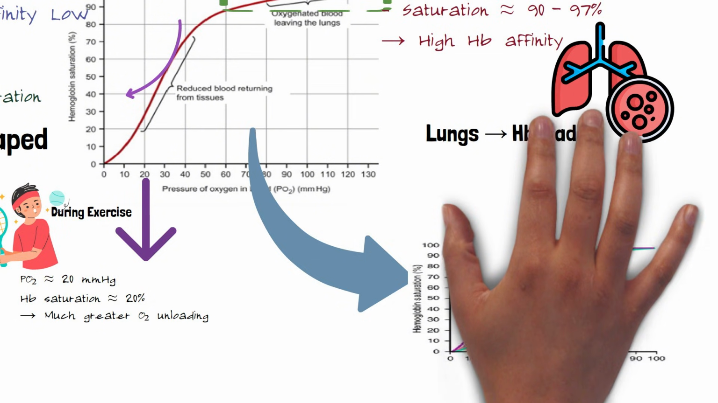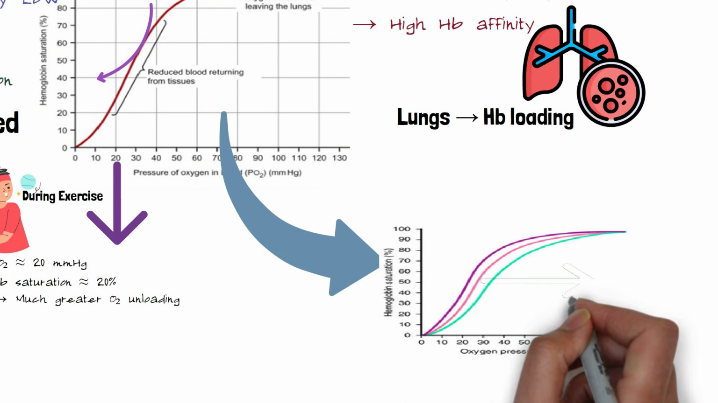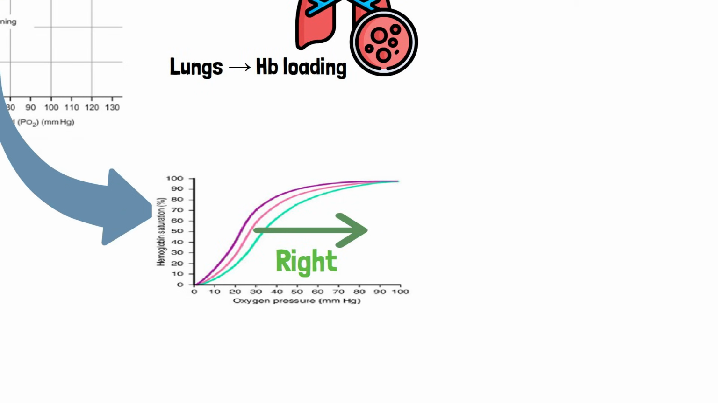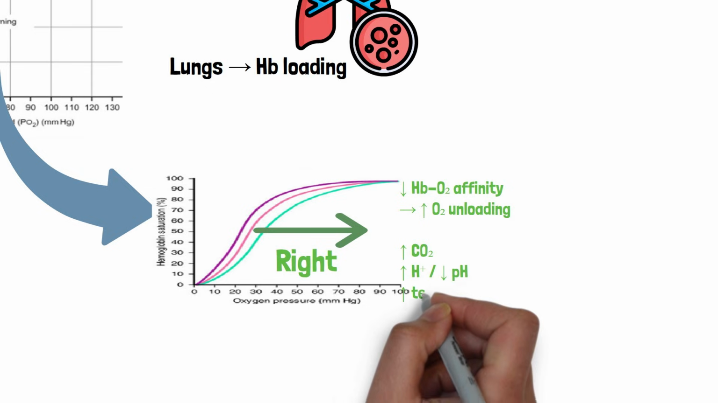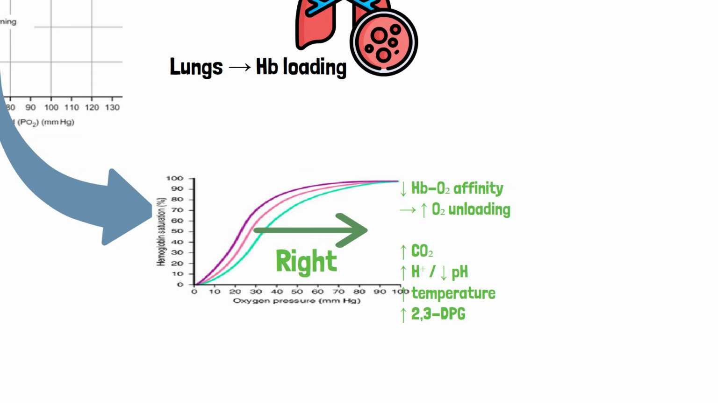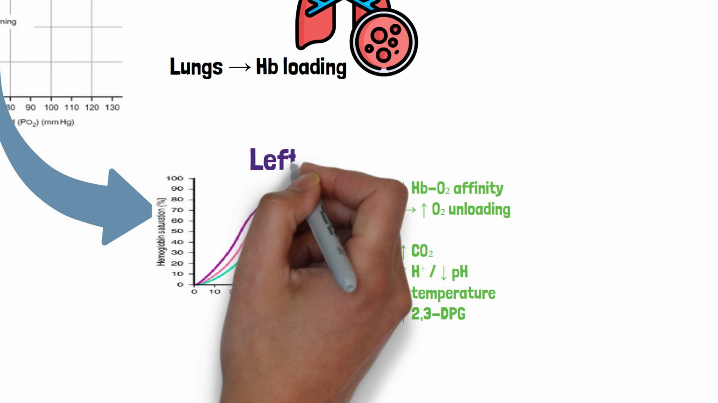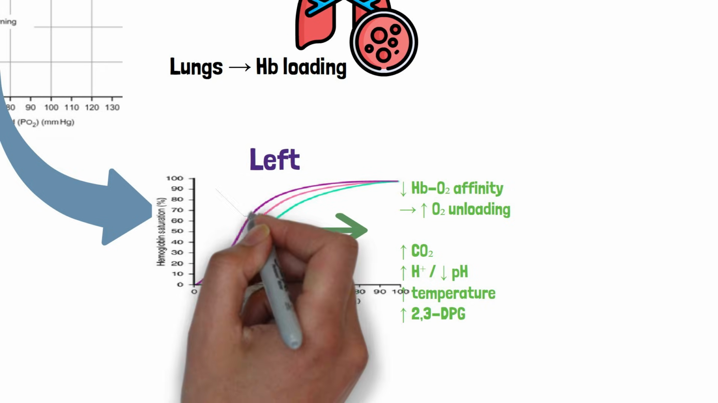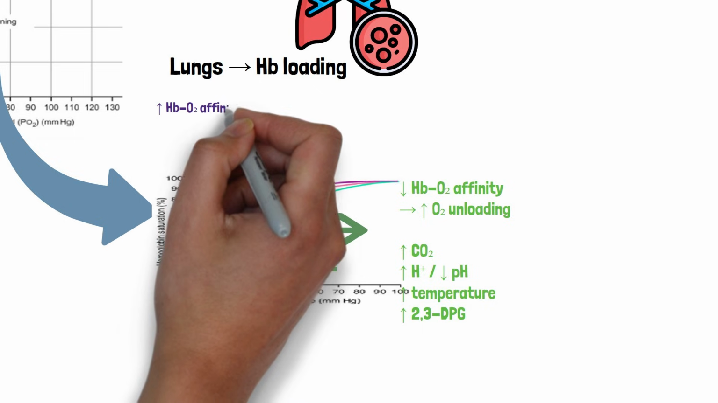And then we talked that the curve shifts to the right during exercise due to increased metabolism, such as carbon dioxide, hydrogen, temperature, 2,3 diphosphoglycerate. So this will decrease the affinity, making the unloading of oxygen easy. So this is right shift. Right equals release, right equals give the oxygen to the tissue,